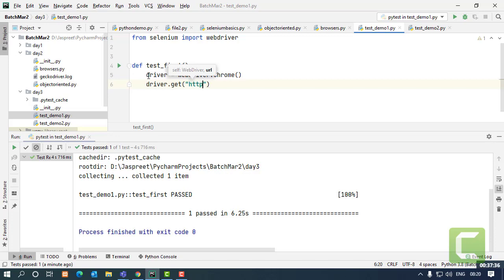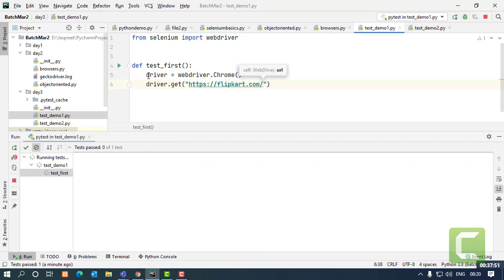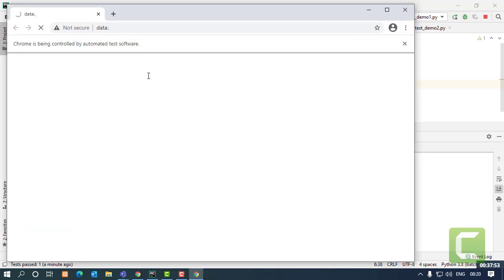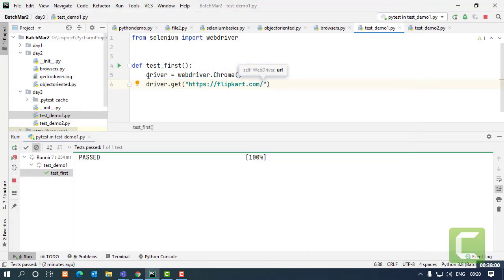So let's say I want to go on flipkart.com. I want to go on that site. So I'll save this, I'll rerun this. So you can see over here, it's navigating me to the next URL that I have given, that is flipkart.com.